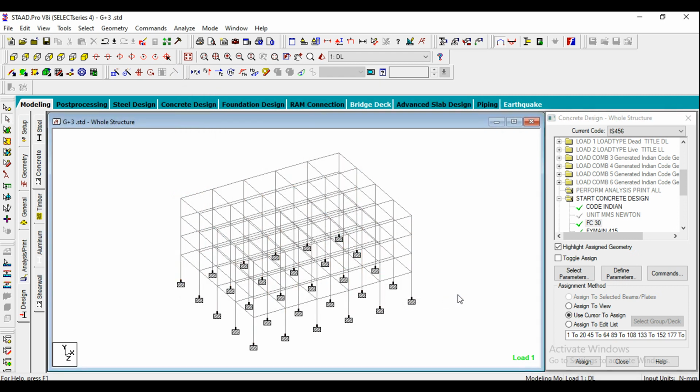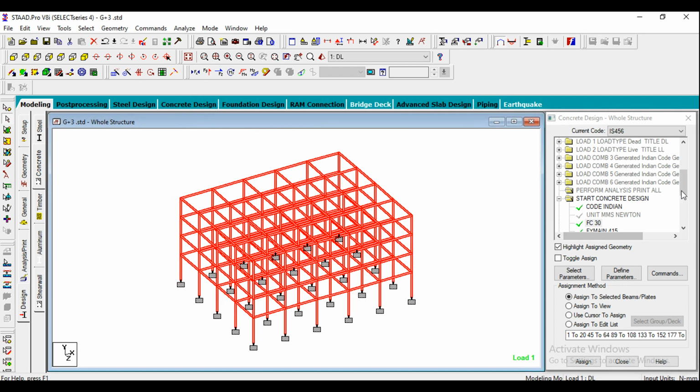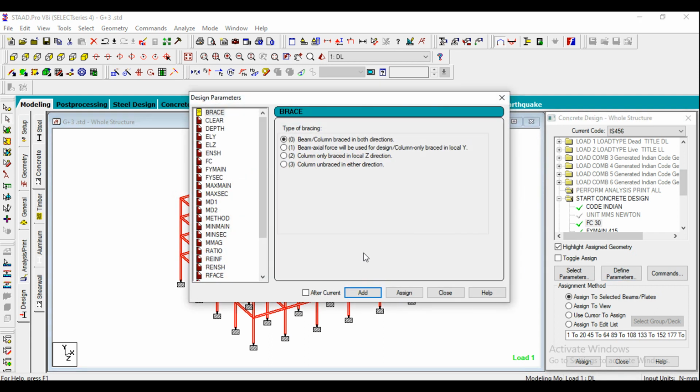So for the whole design, if you want to get the summary of the design, just go for define parameters and go for the track option. Okay, so if it is 0, it will give only minimum details, that is the summary. And if you want to get detailed solutions, I mean detailed design results, you can go for 2.